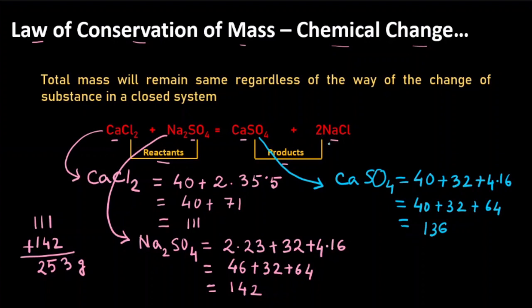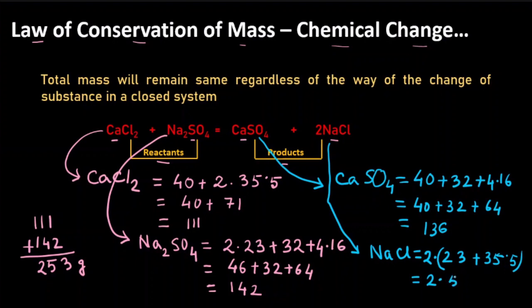Similarly, if we try to find out for sodium chloride, this is going to be equal to, sodium is 23 plus chlorine 35.5. As I am using the balanced equation here, 2 molecules of sodium chloride are present. So the entire quantity has to be multiplied by 2. This is giving me 2 times 58.5